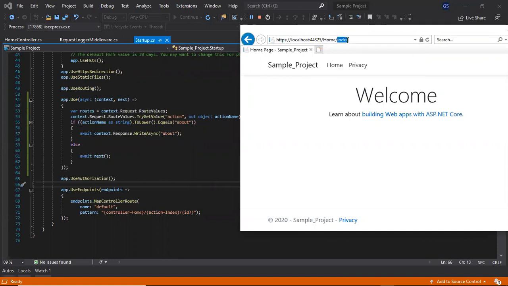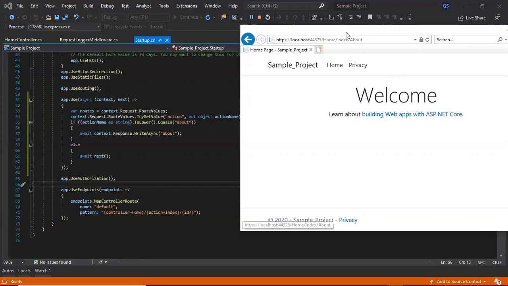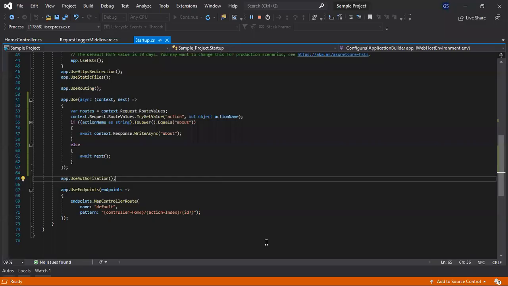Okay, about. It returns the response as about. If I issue index/about, it will not match about because now we are getting the action name as index.